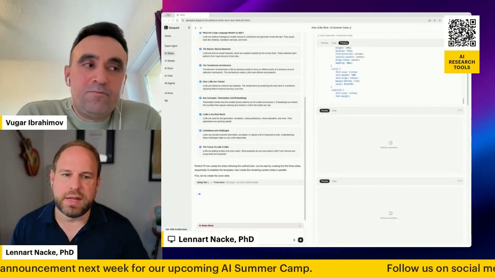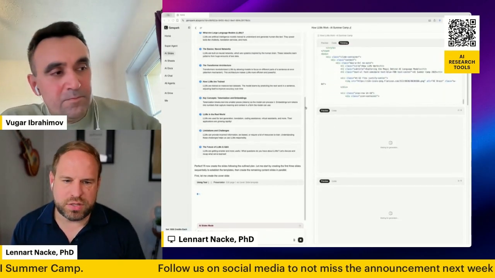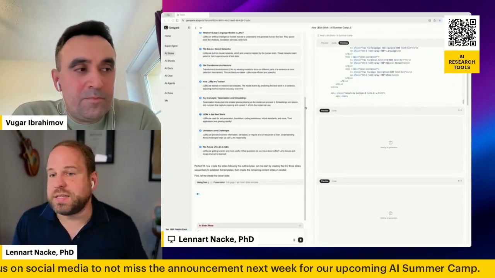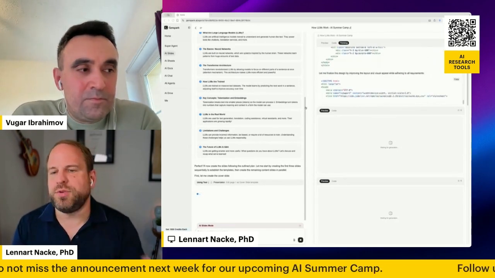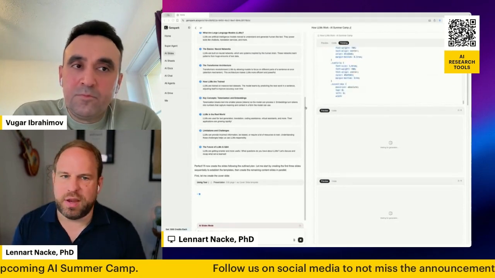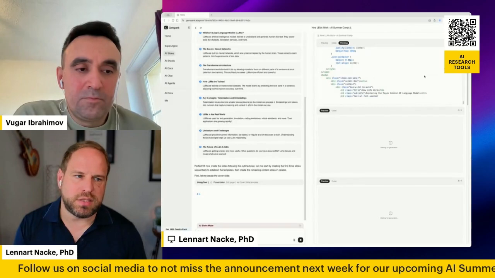So basically, every query becomes a little thing on its own, which is kind of nice. And that just makes it so much more powerful than if you just open a regular ChatGPT window and put in your query there. Because now, as you can see here, this is going to take a while. It just does its thing in the background.